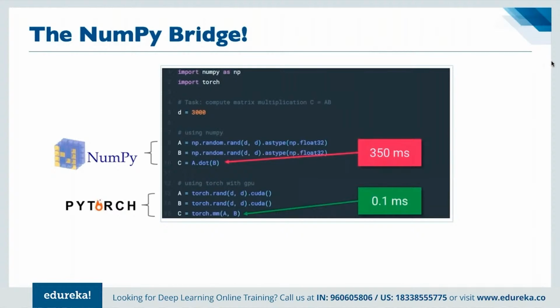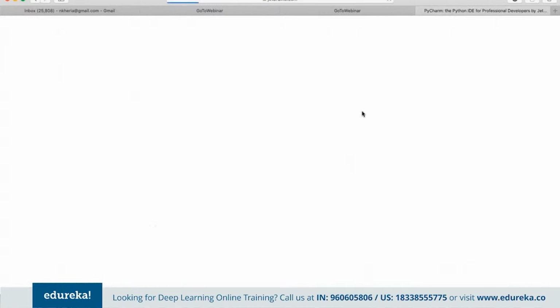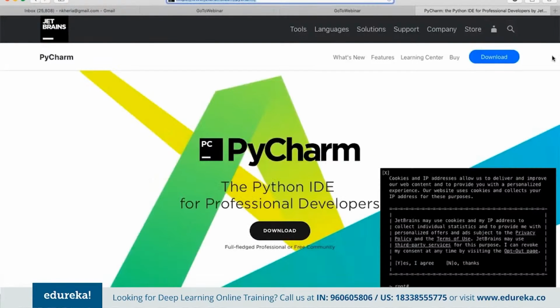Now in here, we'll be using one of the most popular IDEs, PyCharm. PyCharm is specifically used for developing on top of Python altogether. Although there are multiple other IDEs that we can use as well, like Jupyter, Visual Studio, and Sublime. There are multiple IDEs that we can use to get started working on top of deep learning networks.